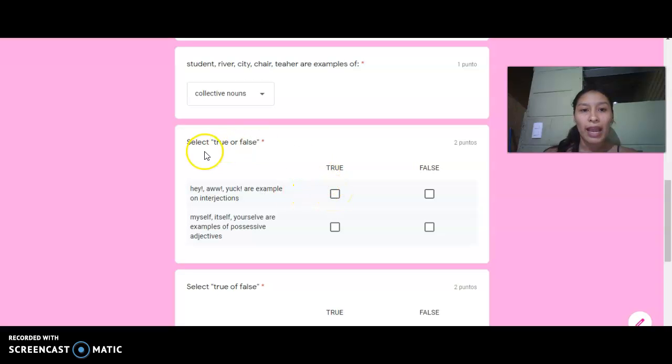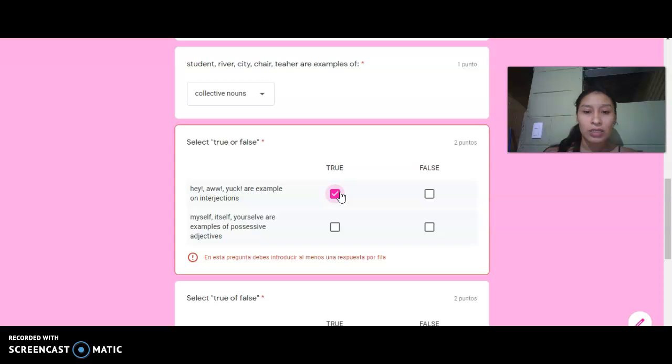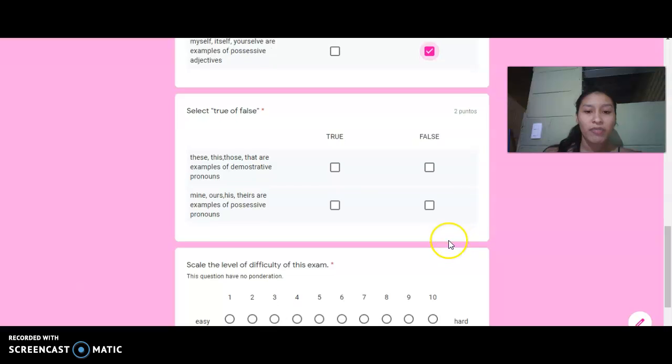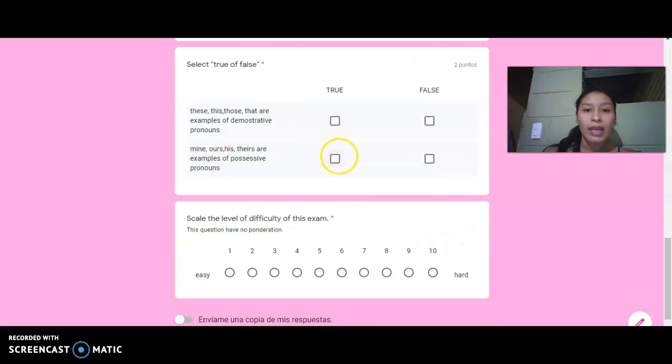In this part, I created a true or false statement. So they just have to select which one is correct, and in this one, it's this. And also you have here a little note saying that they have to click on both. And it's the same for all of them. And at the end,